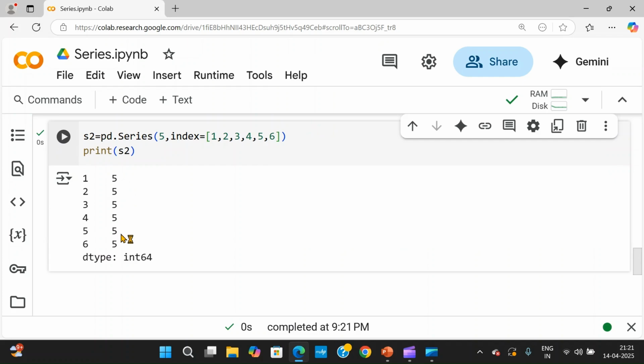Okay, so in this way you create the series, which is a one-dimensional column, and you can provide the index numbers. The data you specified is the same, but the labeling or the index could be changed. Okay, so this is how we are going to execute